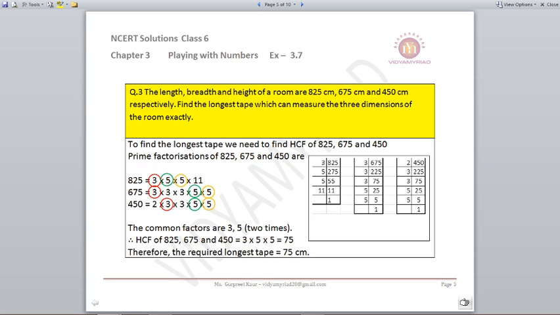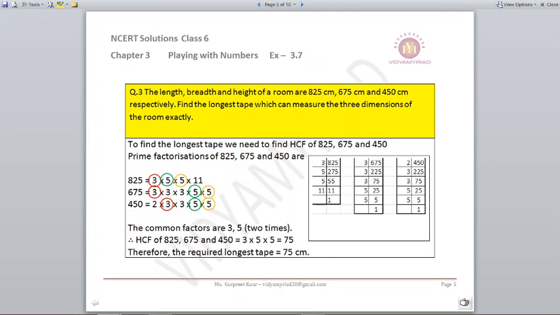Question number 3. The length, breadth and height of a room are given as 825, 675 and 450 respectively. Find the longest tape which can measure the 3 dimensions of the room exactly. Now they are talking about the longest tape. Longest means we are finding out the highest common factor among them, and for that we will be doing the